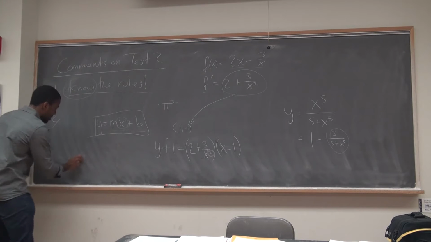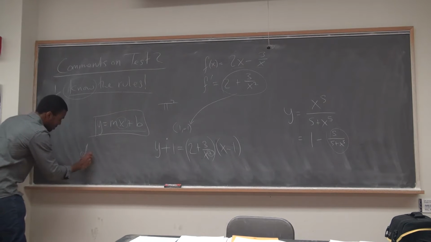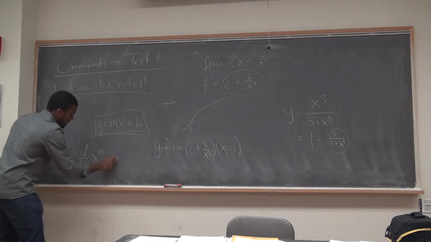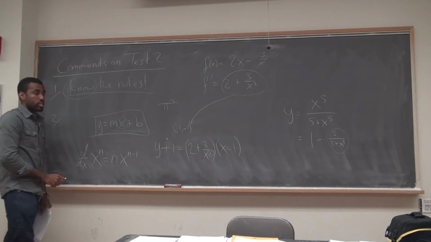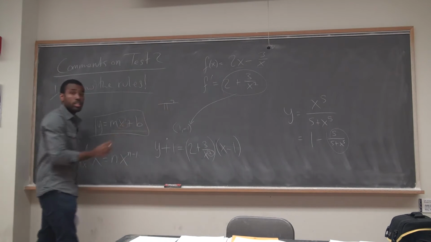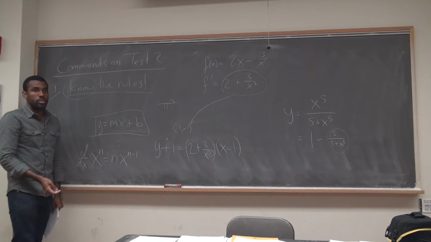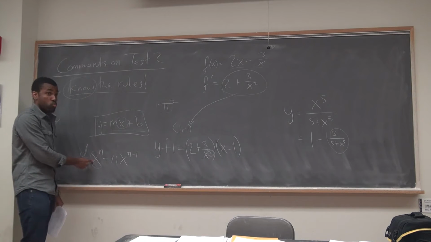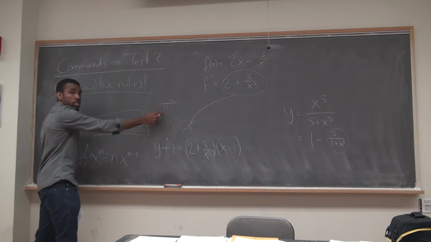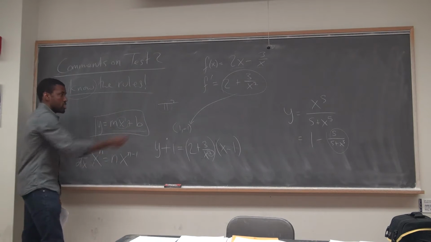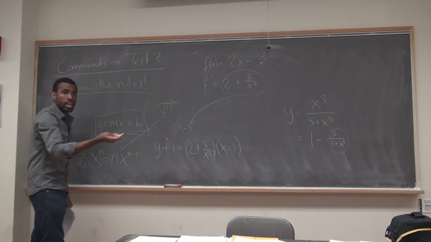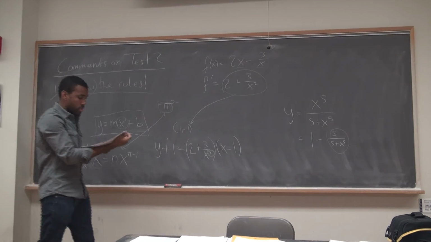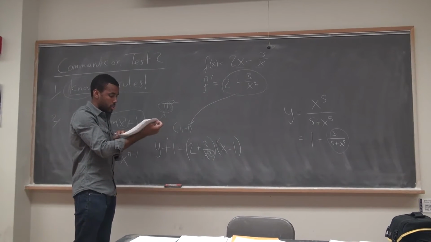What does the rule say? x to the n is n x to the n minus 1. The base has to be an x. Here the base is not an x. This rule does not apply, right? If you knew this rule, like really knew the rule, you would have never made that mistake. It doesn't match. This pi is not a variable. It's not an x, right? The derivative is 0. It's a constant.